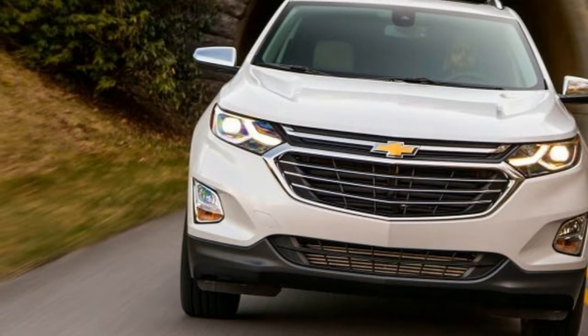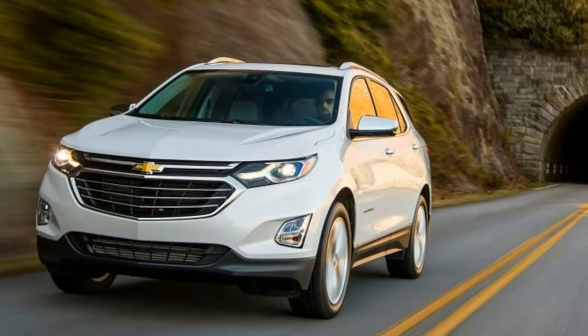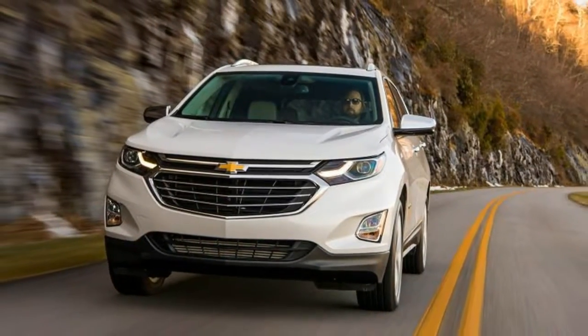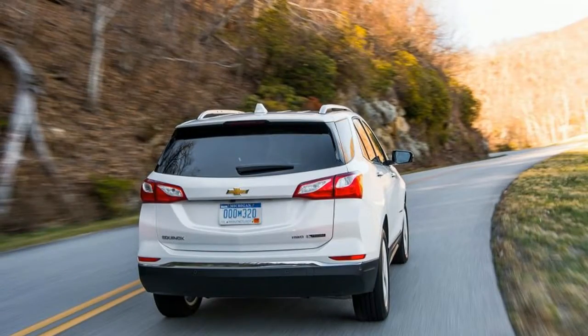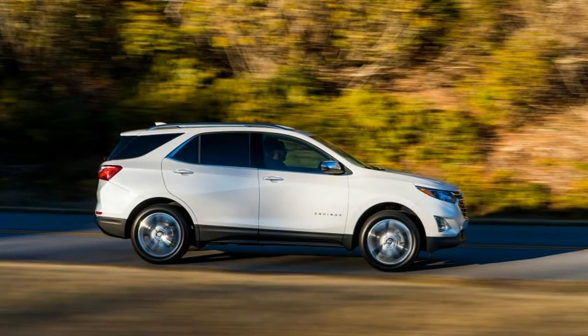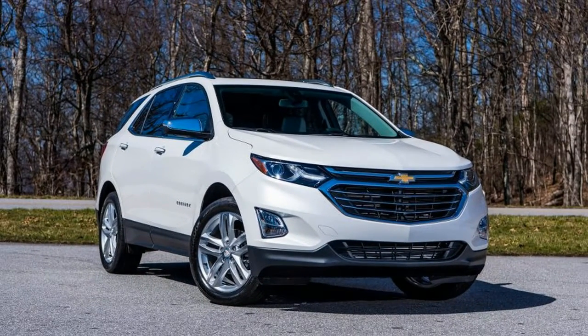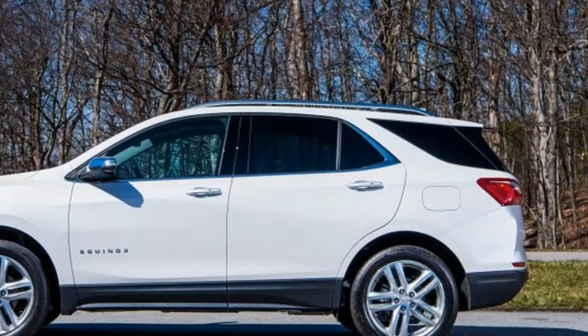General Motors has been building small crossovers for more than a decade now, and it has sold more than 2 million Chevrolet Equinoxes since the model was first introduced for 2005. But despite all that apparent success, the Equinox has always been a bit too big, a bit too thirsty, and a bit too cheaply made to truly penetrate the heart of the market, where the best-selling Honda CR-V, Toyota RAV4, and Ford Escape reside. With the all-new, third-generation Equinox, GM finally seems to have figured out what matters in this